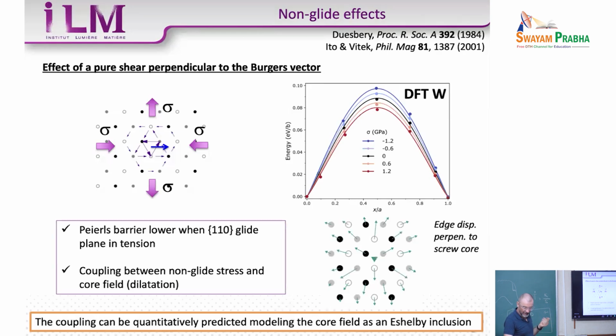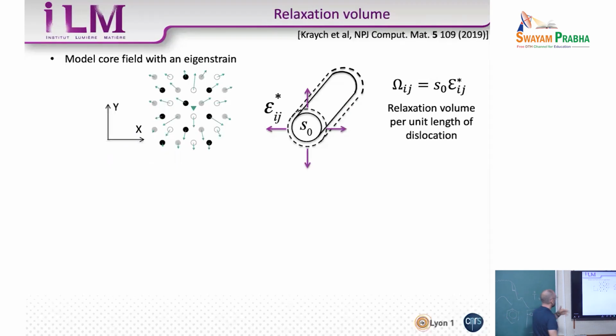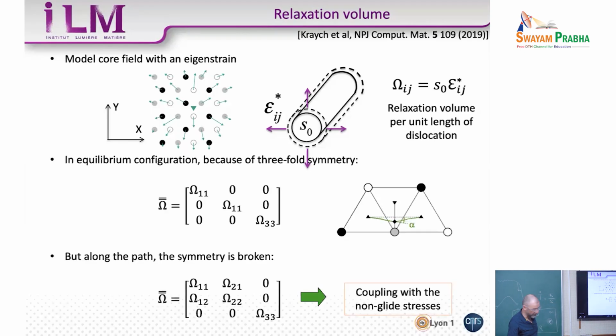And our idea has been to model, as we said yesterday, the core of the dislocation as an Eshelby inclusion, a cylindrical Eshelby inclusion, with a given surface here and a given eigenstrain tensor. And then, what we said yesterday,